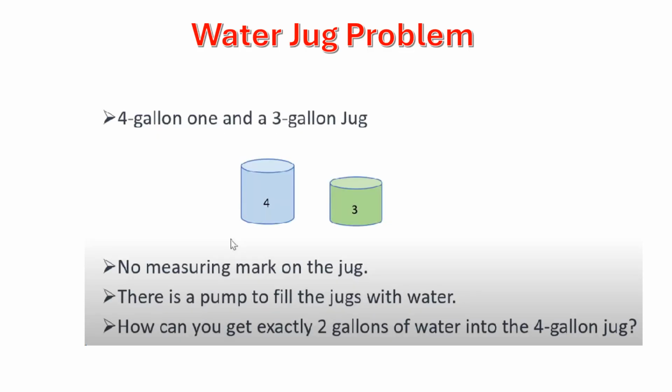How do we solve it? Here we have a 4-gallon jug and a 3-gallon jug. The description says there is no measuring mark. Then we have a pump to fill more water. We have to get exactly 2 gallons of water in the 4-gallon jug. Okay,